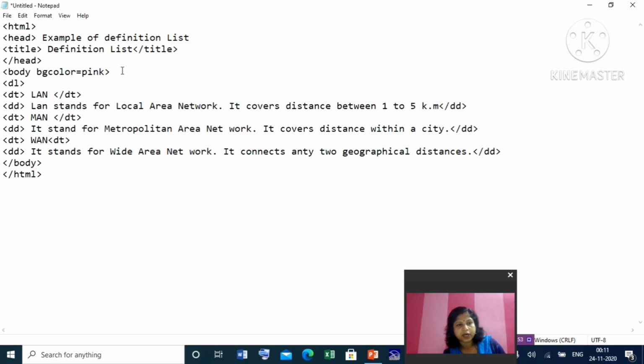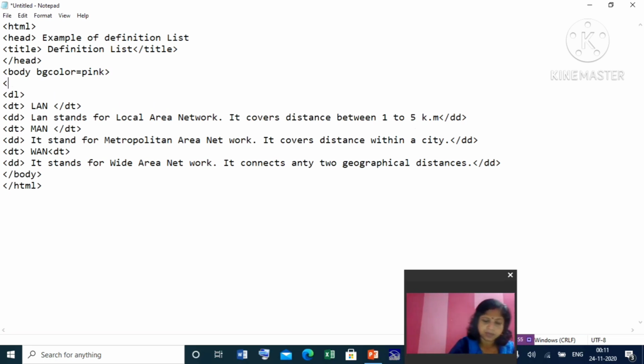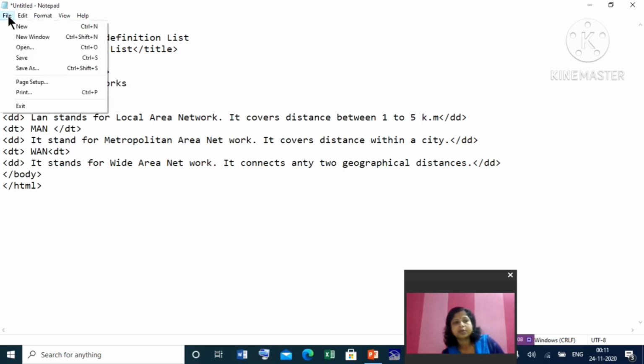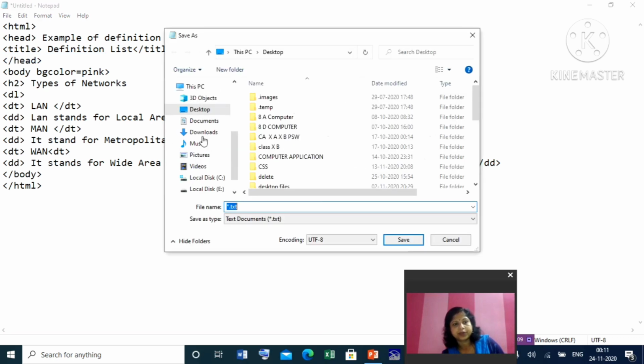Okay, suppose before that here just give H2. So now save it. Okay, suppose here I am giving dot html.